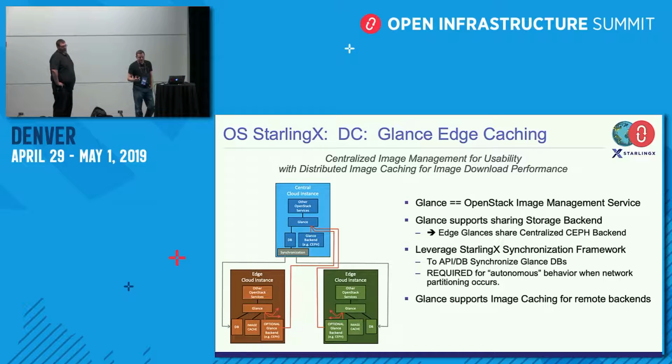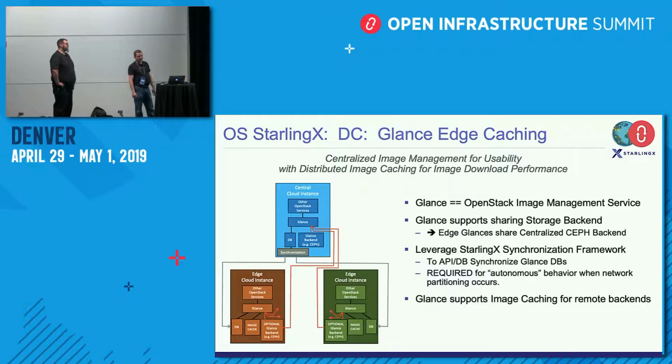and ended up with this solution, which is good in the sense that it uses predominantly Glance capabilities that are already there today. So the way this works is that there's basically a full Glance deployed at both the central cloud and all the edge clouds. It leverages the fact that Glance can support multiple backends and share backends. I show multiple backends here, but I suspect that the first way we'll implement it will be, there'll only be the one backend in the central cloud, and all the Glance